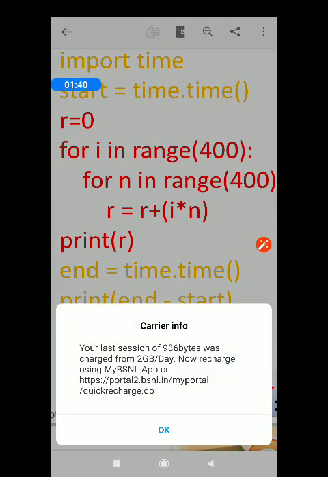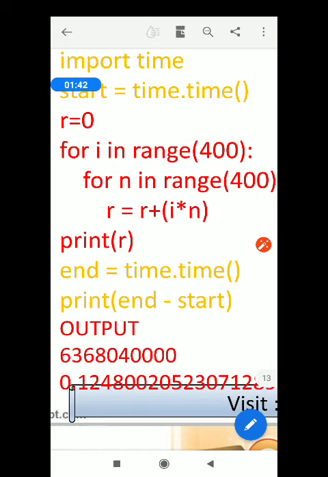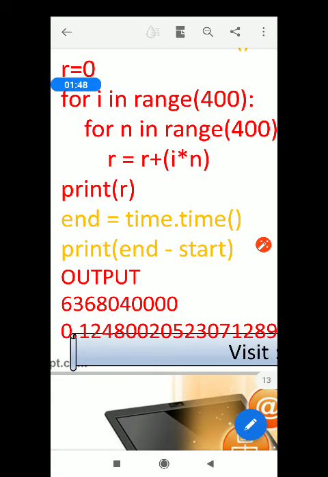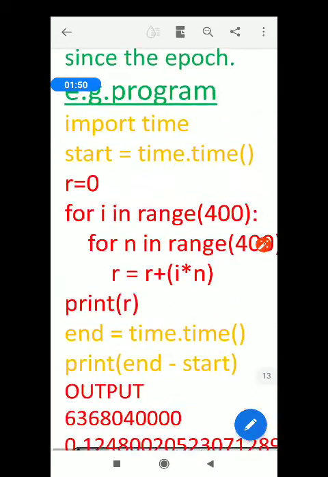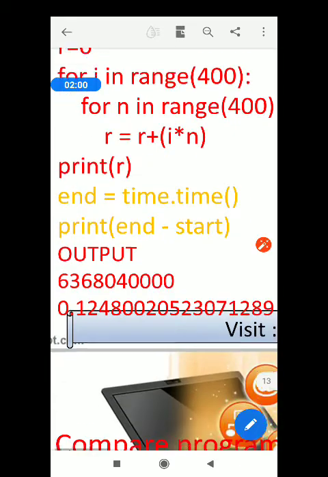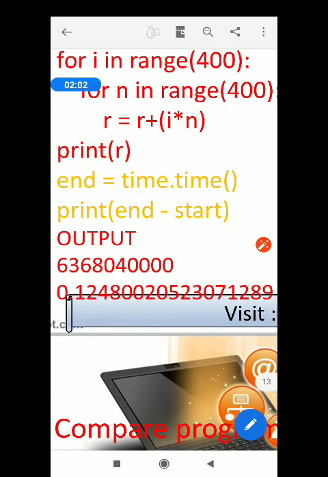So inside it we are writing r equals r plus i into n, and then we are writing print r. Then, just like start, we have to end the program. So I am writing here end equals time.time(), and then we print end minus start. So this will provide you the output, okay?